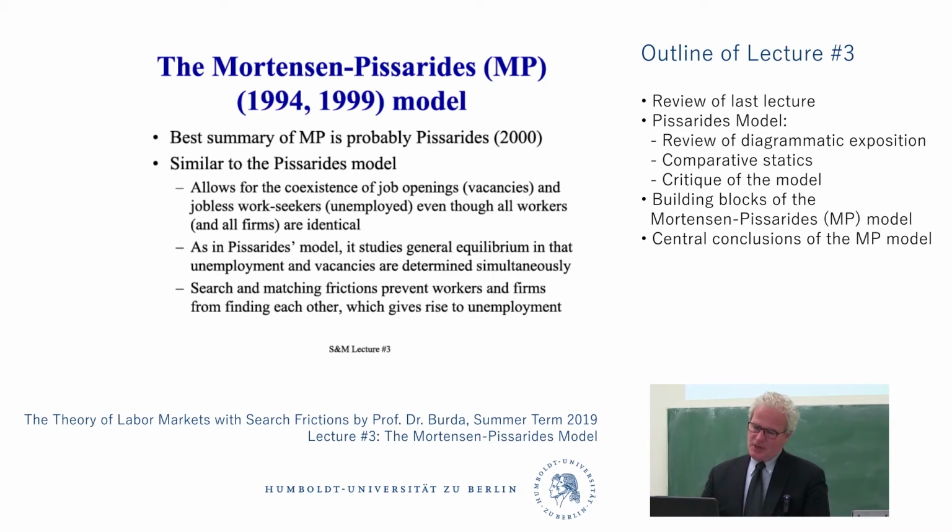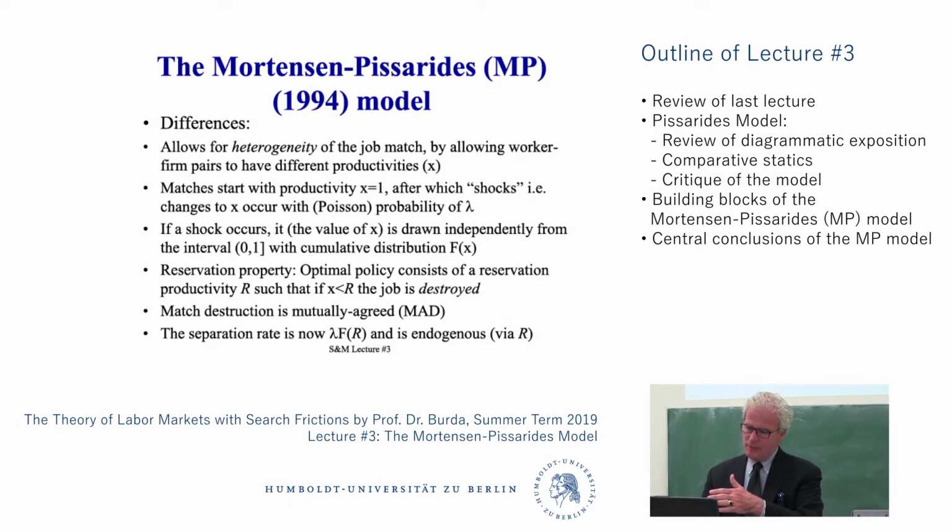So we have heterogeneity of job matches. I'm going to go back and describe the 94 aspects before we present the 99 model. They're all very similar. I'm also going to use, instead of X, M, like Thomas did in his lecture for the matching function. So X now has a different meaning. X is the productivity of a worker in a job match with the firm. So again, we speak of firm productivity and worker productivity with the firm, but we're really talking about match productivity. I'm going to use that possibly a little bit loosely, but a match has a productivity, and we're going to call it X. X is drawn from the unit interval between 0 and 1.